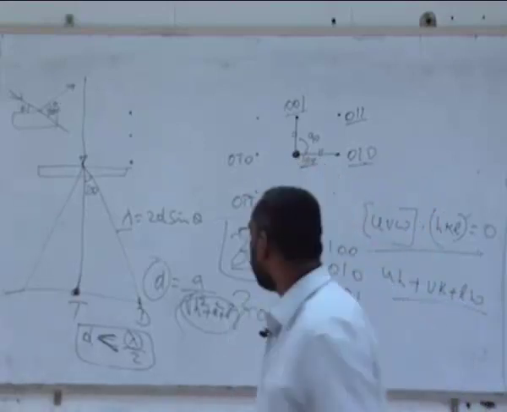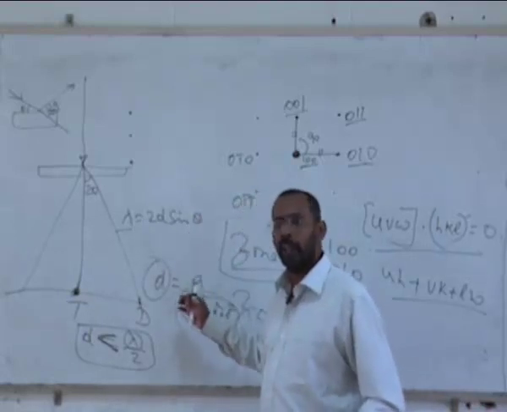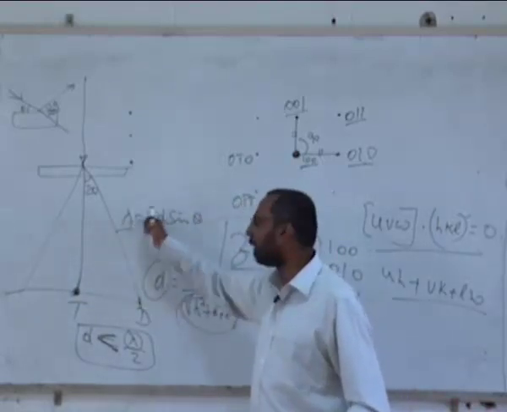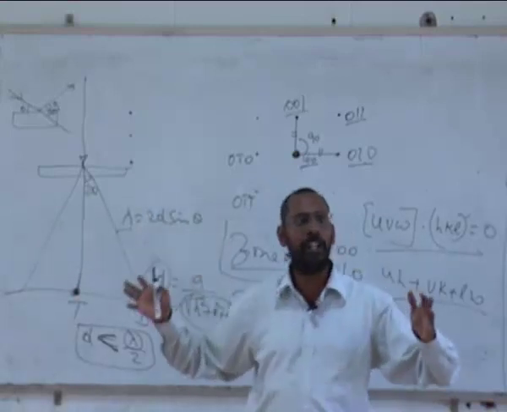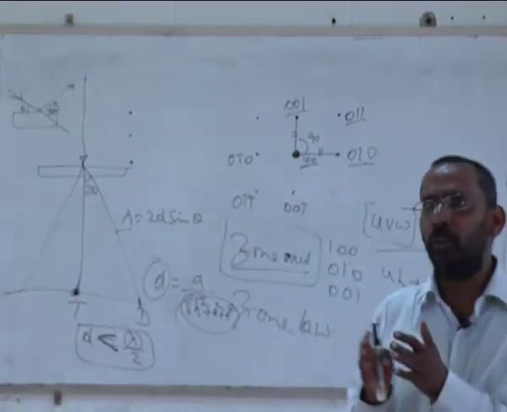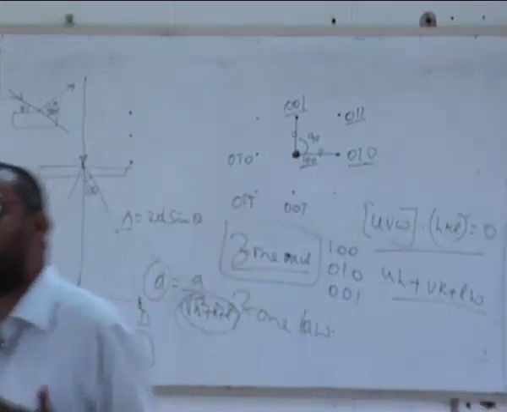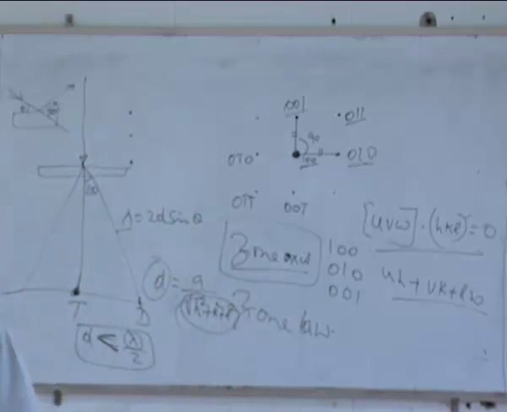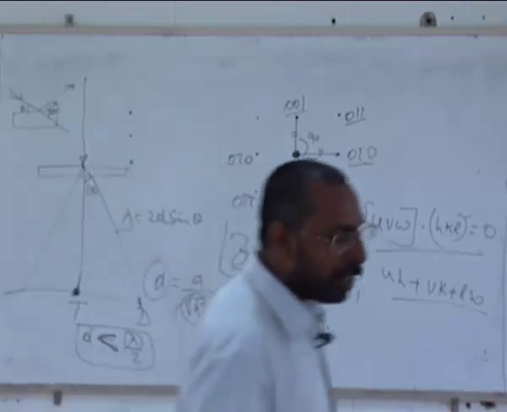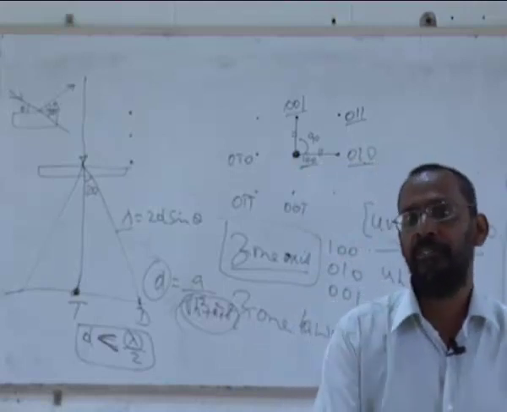But if I calculate the D spacing for 200, again using the same lattice parameter and the same lambda, I plug the D into this, I find a particular theta, and I do see a peak there. I am seeing a 200 peak, I am not seeing a 111 peak. What is the problem? The problem is that that particular alloy possibly has a texture in it.